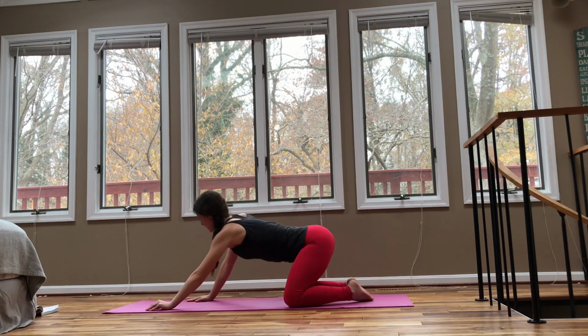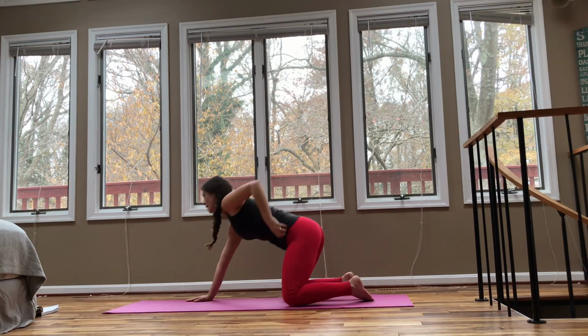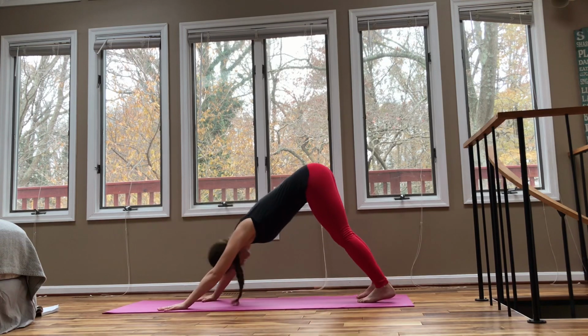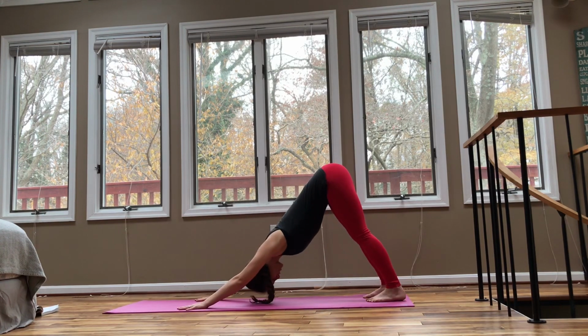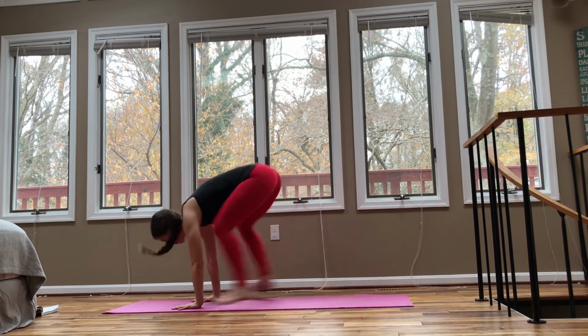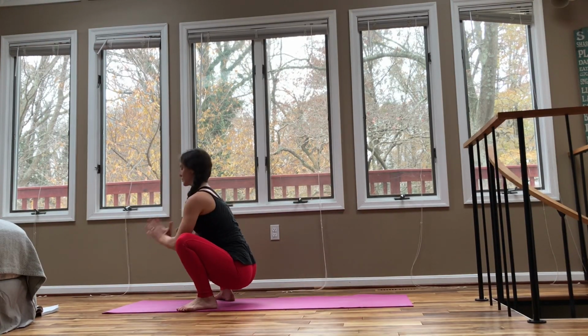Inhale, come back to tabletop, tuck your toes. Exhale, make your way into your downward facing dog. So we're going to come into Malasana here. You have a couple ways you can come there. You can bend your knees, gaze forward, and just hop your feet outside your hands,